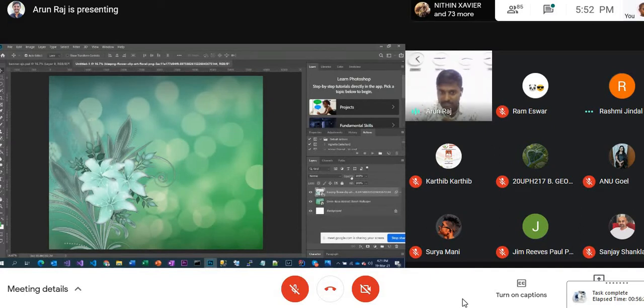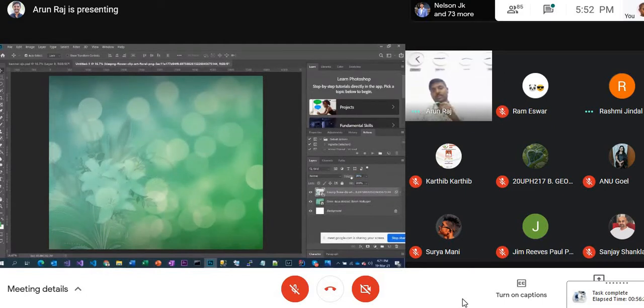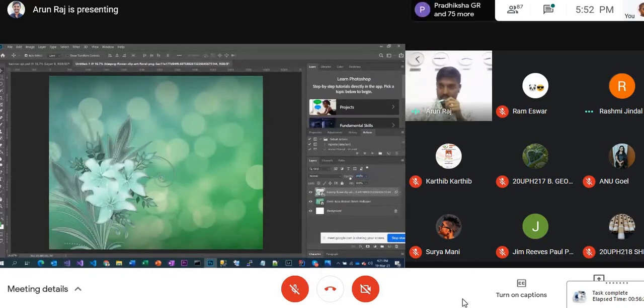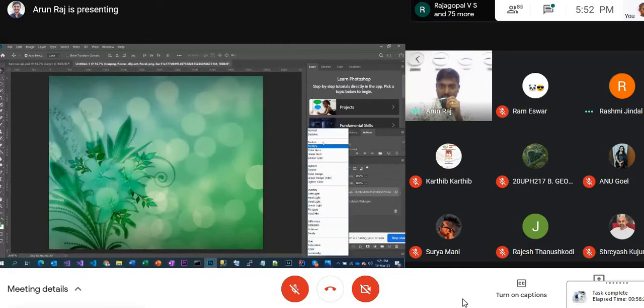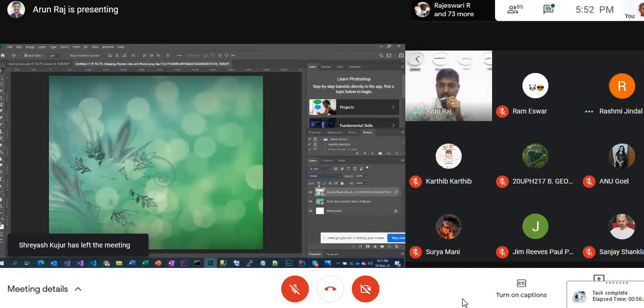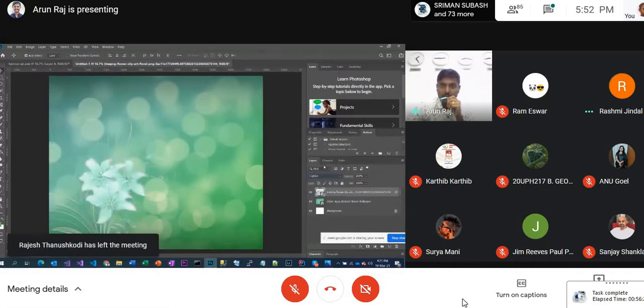Okay, so now I'll take my opacity. Okay, so it is now merged with the background. You got it? So now the background and this design are all together in a single image. Okay, I felt this is somehow blended with that, so I'll make it 35. Okay, somehow it's fine. Or sometimes if you want, you can play around with 100. Just imagine, you can play around here, lighten. Still only the white part will be visible, not the dark part. Okay, or maybe you can put darken. Only the dark part will be visible, the light part will not be. These kinds of things will be useful when you are doing overlay. So maybe later I'll explain to you how overlay works.